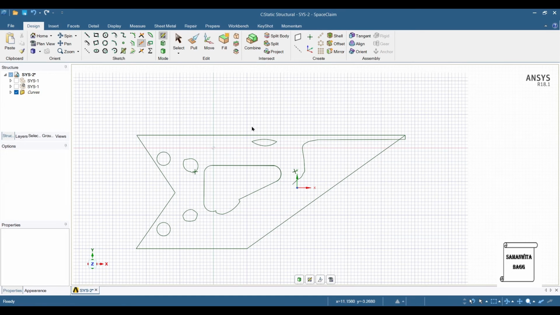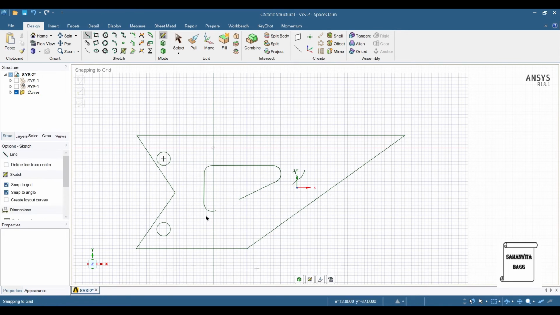I will trim out these options. I'll join them with the help of a straight line. Also I'll give some curves to these lines so it is easy to manufacture.